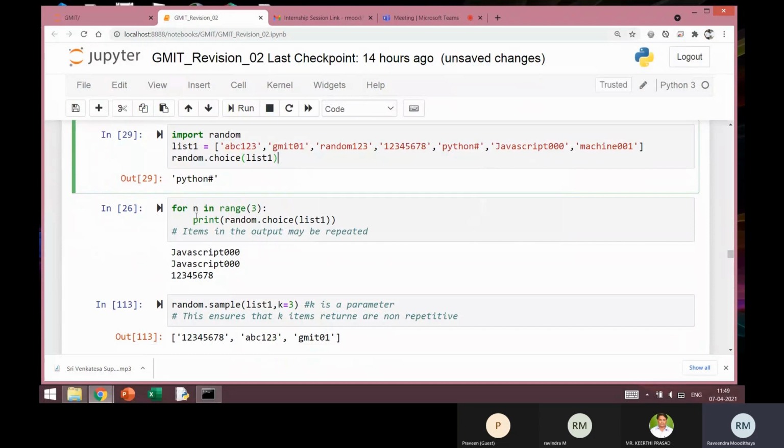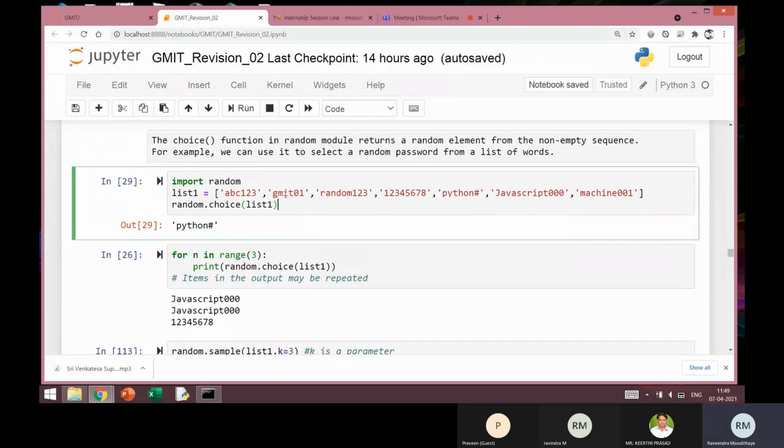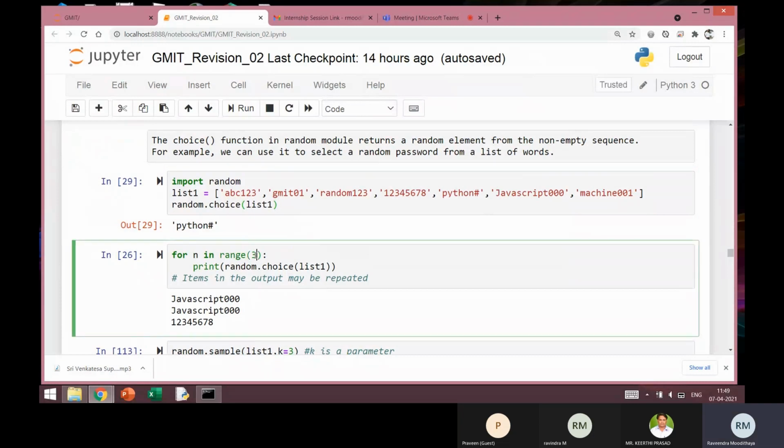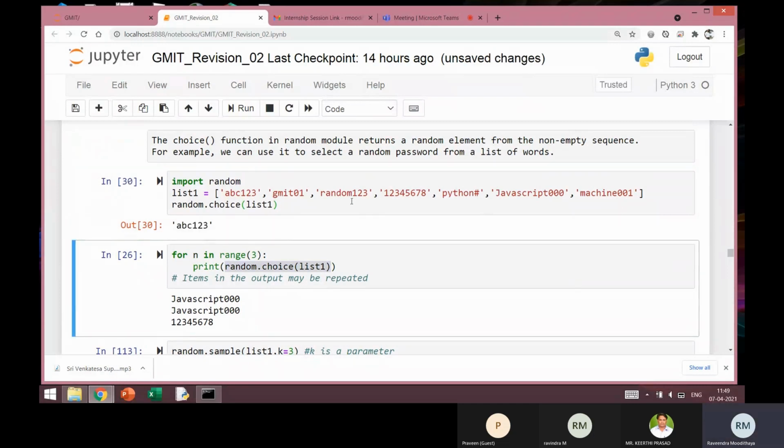Now another way is if I want to pick more than one. Suppose I want to pick three values from this list. I can put this random.choice inside a for loop with the number of times, that number of values I want. So in this case, the for loop will be executed 3 times. So 3 values will be picked up randomly from the list. Okay. So if I execute this,